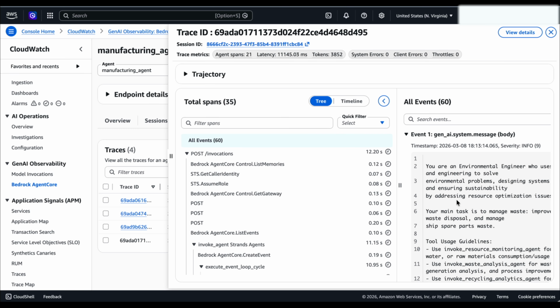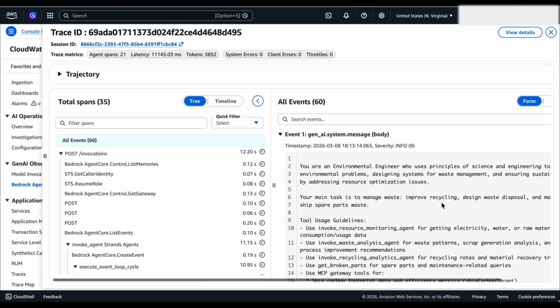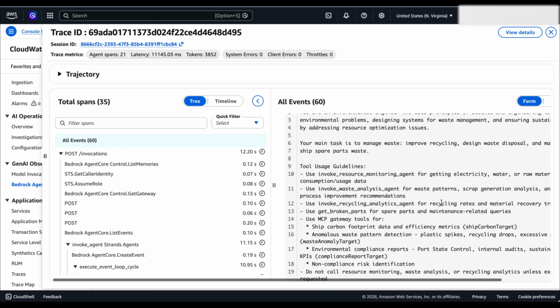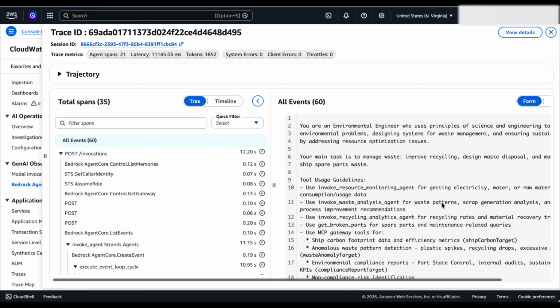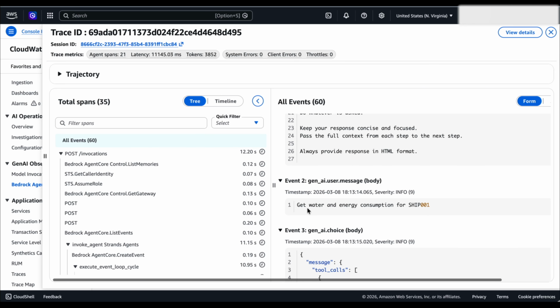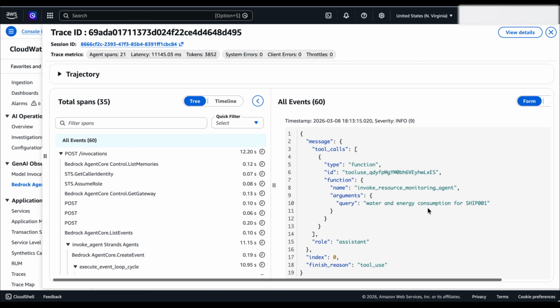And in this trace you can see detailed information about what was called by the agent, and it is our main agent, and this is the description of what the agent does. And I can see that the user query was to get water and energy consumption for ship 1, and it